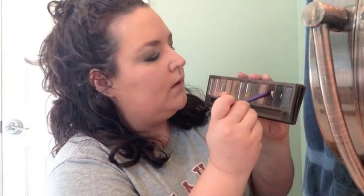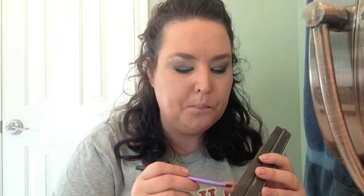Okay, now to line my lower lash line, to keep my eyes looking as big as they possibly can but not leave that area naked, I go through with the same Real Techniques eyeliner brush that I used with Crease. I go into my Naked palette with Hustle, tap that on, and I only line the outer half of my lower lash line, because again, I want my eyes to look elongated and I want them to look big under my frames, because my frames make my eyes look really small. So I go through and just line halfway across, as you can see. Go to the other side, line halfway across,